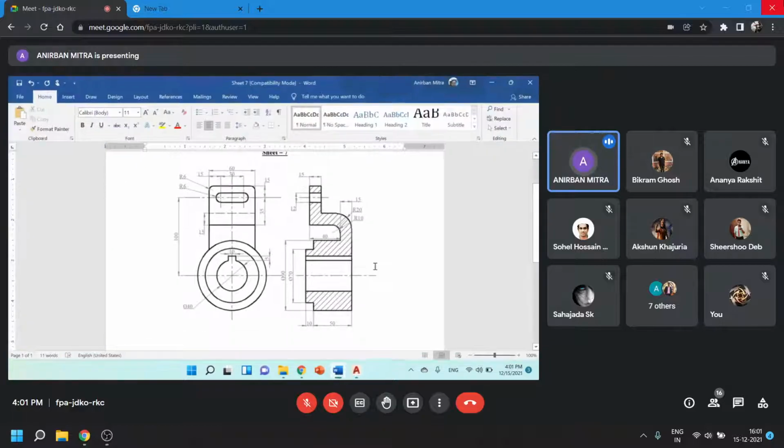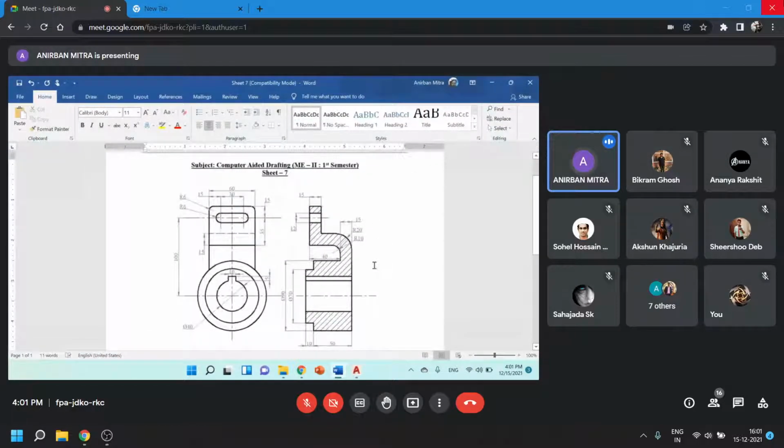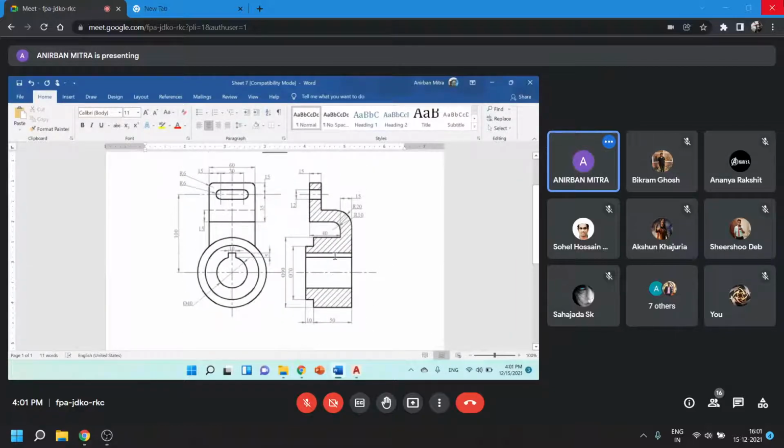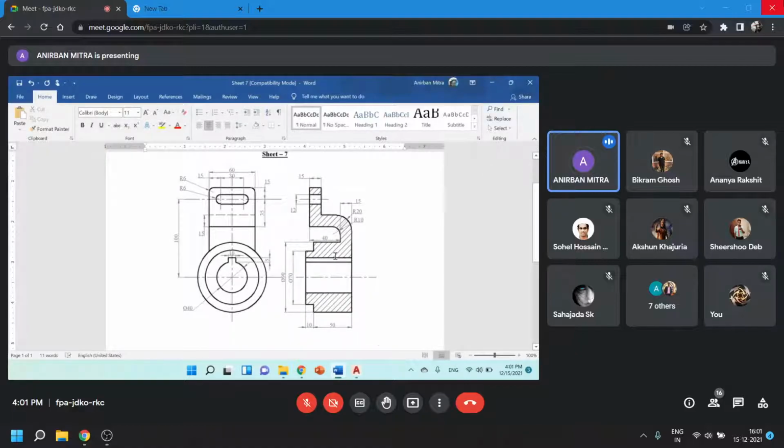Okay, let me just go back to this final sheet. Two figures are given. One is this, one is this. This is given as a sort of a practice assignment. You can try to complete this, obviously, and it will be helpful for you in grasping some of the, say, basic practices that we do in creating a drawing. And there is no obligation to submit this,